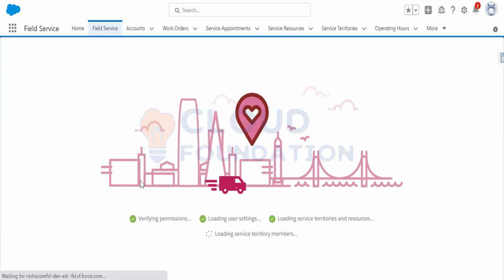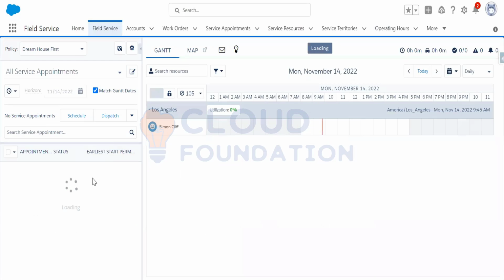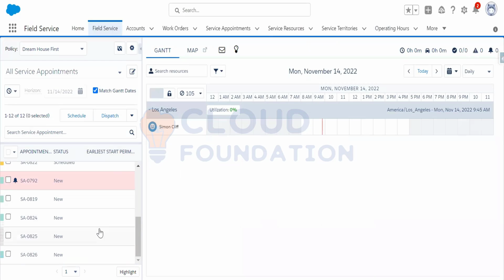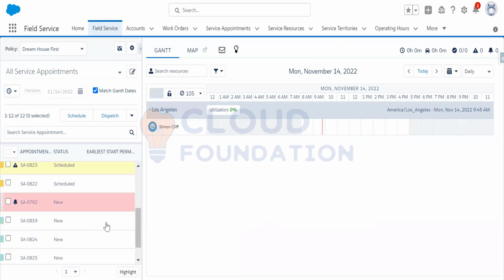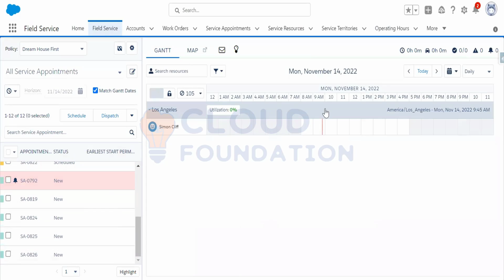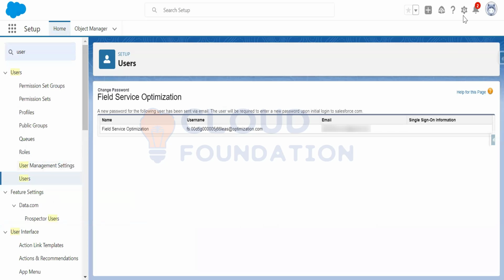It is taking time. You'll be able to see that the optimization job is running. So in the optimization request job, you will be able to see. And one thing I would like to show over here, if you go to the setup